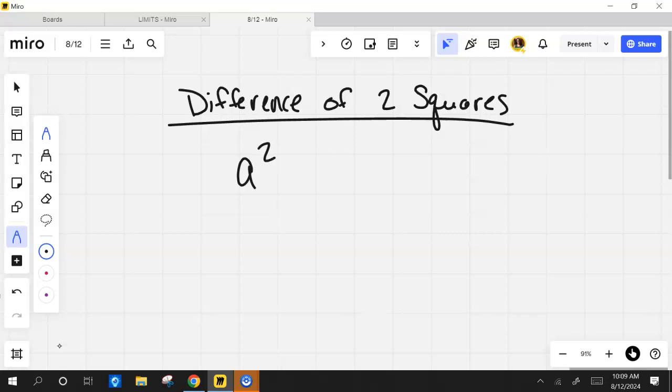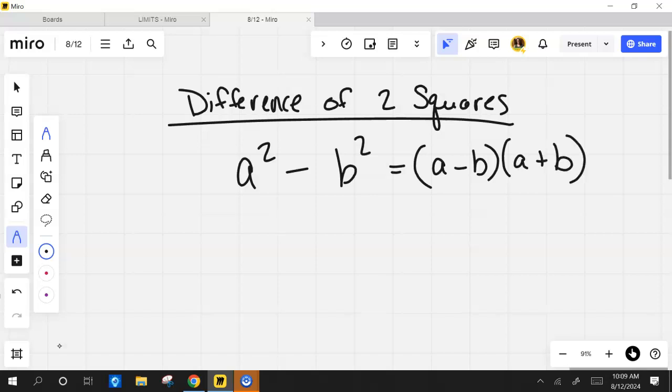Difference means what? Subtraction, minus, that's exactly right. If I've got two perfect squares separated by a minus sign, to factor that, it's so easy. It's the square root of each one in parentheses. One goes to plus and one goes to minus. Okay? This is the one we had where you had to get a 0 in the middle. It had to multiply to whatever, but it had to add to 0. That's what this is. So, for example,